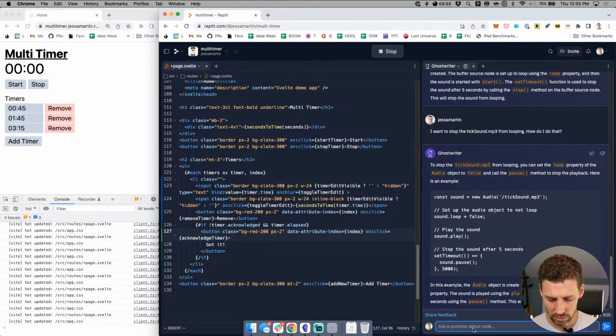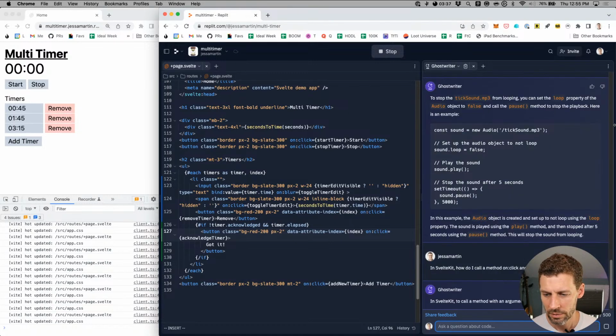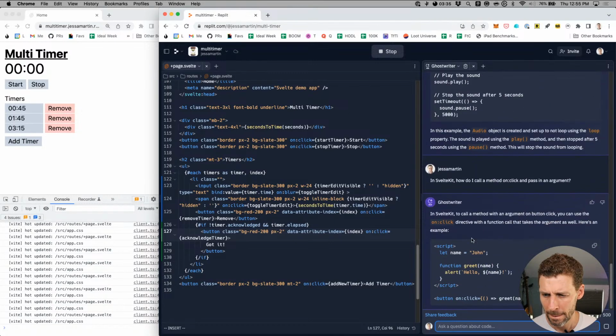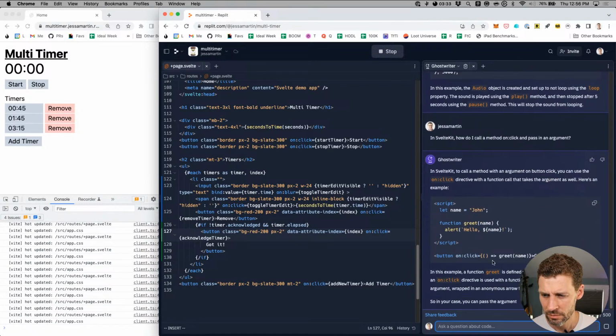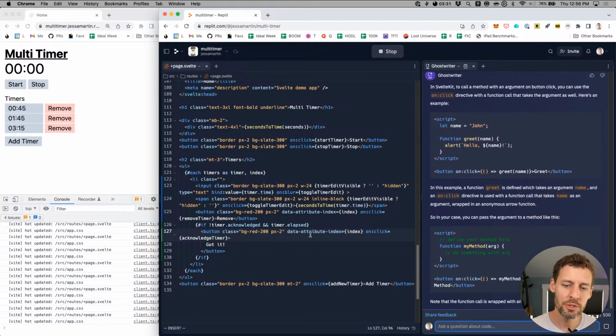And so in SvelteKit, how do I call a method on click and pass in an argument? Oh, duh.